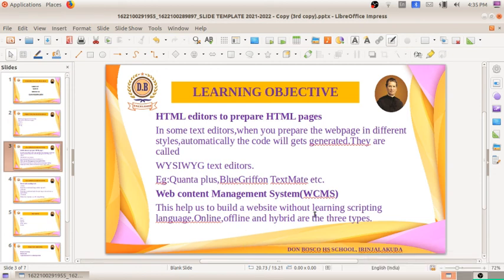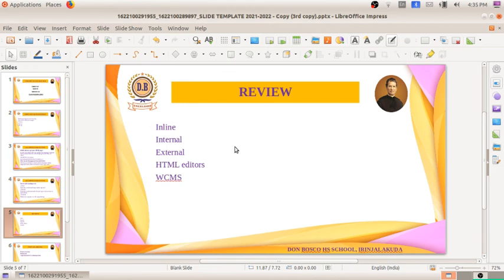Okay, the code must be with you. And the next one is HTML editors to prepare HTML pages. Okay, about these two topics, the HTML editors and WCMS, I will be discussing in the next session. This is also in the textbook. I will be explaining about these two topics in the upcoming session.